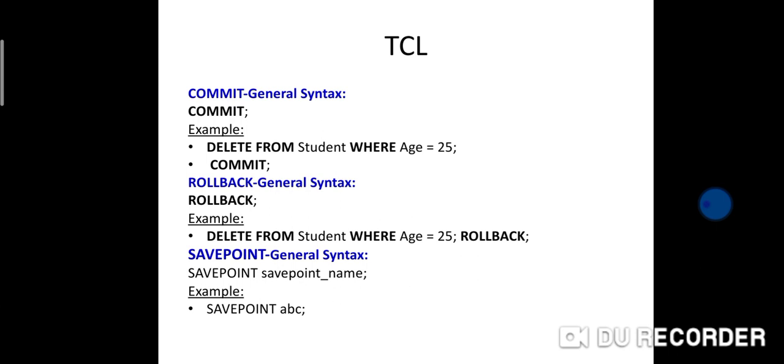Then we go for savepoint. So savepoint saves a point within the transaction. SAVEPOINT name, for example the name of the savepoint is student or teacher or anything else. It should be used with set transaction, where the specific characteristics of the transaction should be provided.